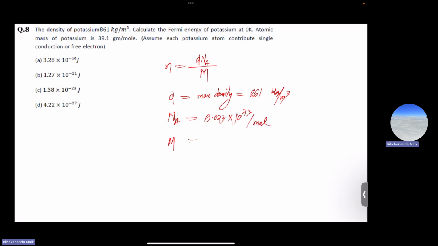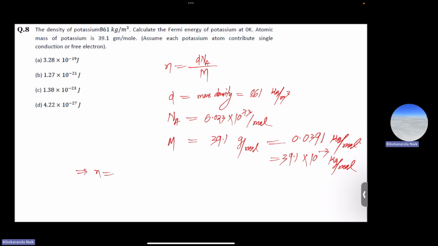Then M is 39.1 gram per mole, which will be 0.0391 kg per mole, or we can say 39.1 into 10 to the power minus 3 kg per mole. So if you put all these values and calculate, then n will be